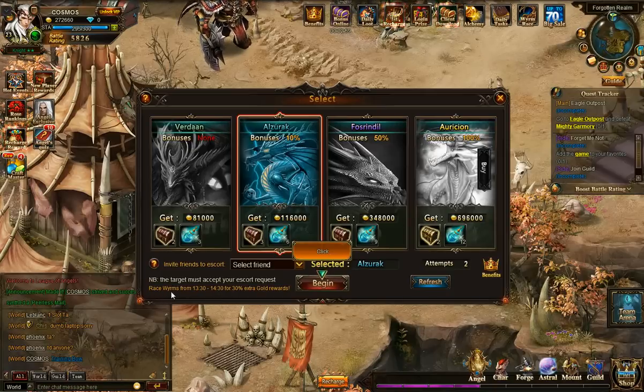if you do the worms race between 1:30 and 2:30 server time, you'll get 30% extra gold. Now if you ever forget what's the server time, you put your mouse on the timer thingy, and you see now here the server time is 10:24. So that's basically outside the worm race. Still,